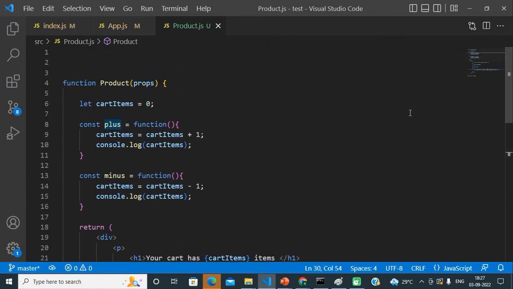I am defining these two functions here, and from within those functions I am updating the values. From the plus function I am increasing, and from the minus function I am decreasing. Now I am going to explain why our functionality is not working as expected if we don't use the useState hook.